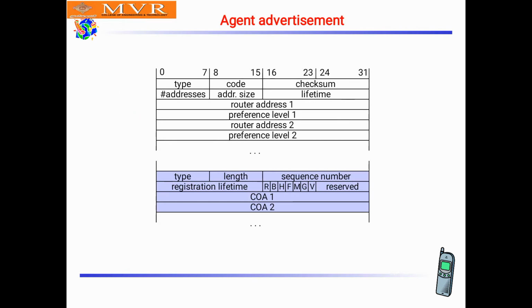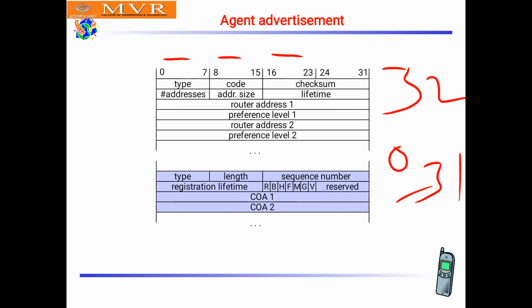How is the agent advertisement applied? Here 32 bits are taken for the advertisement, that is bits 0 to 31. These are segmented as 0 to 7, 8 to 15, 16 to 23, and 24 to 31. Here 0 to 7 is the type, 8 to 15 is the code, and 16 to 31 is the checksum, which is calculated as the checksum value. Then the address size and the lifetime